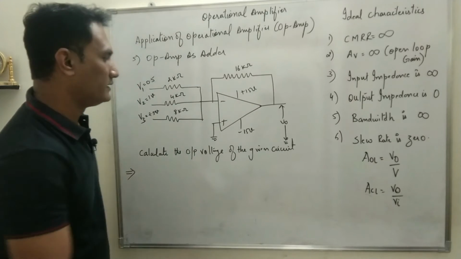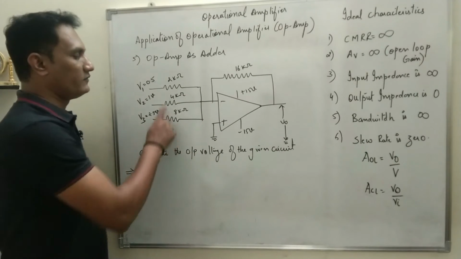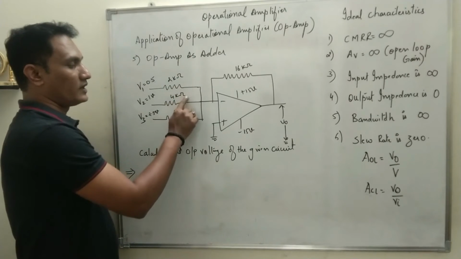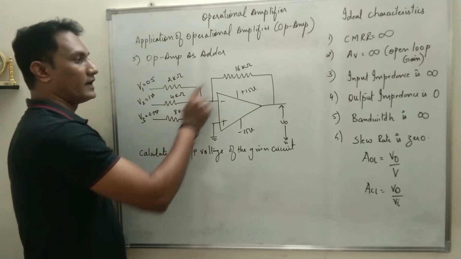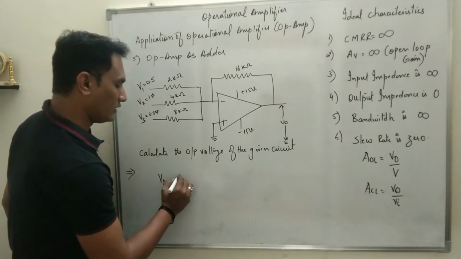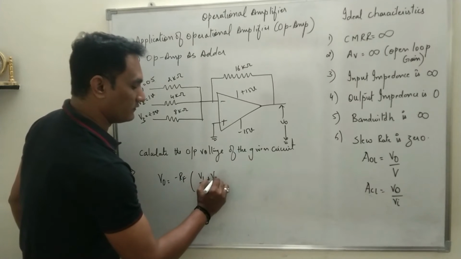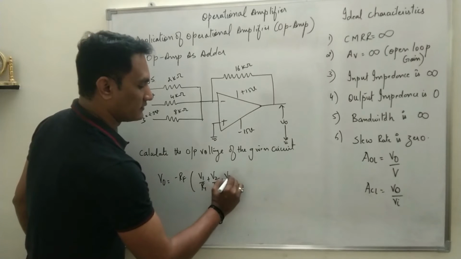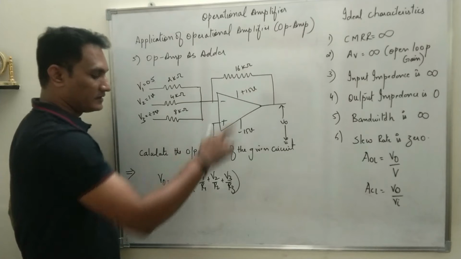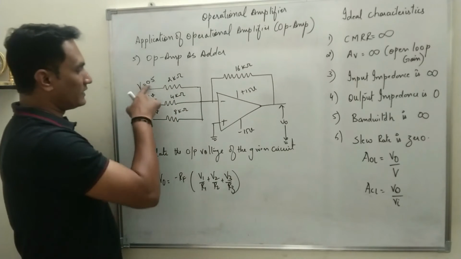Okay. In this circuit, what you can see is, of course, it is connected in an inverting mode. Instead of 1, we have 3 inputs. Now in this circuit, the resistance values, that is R1, R2, R3 and RF, are all different. So what is the output voltage equation? V0 is equal to minus RF times (V1 upon R1 plus V2 upon R2 plus V3 upon R3). RF is this feedback resistance. R1, R2, R3 are these 3 input resistances, and V1, V2, V3 are the 3 input voltages.